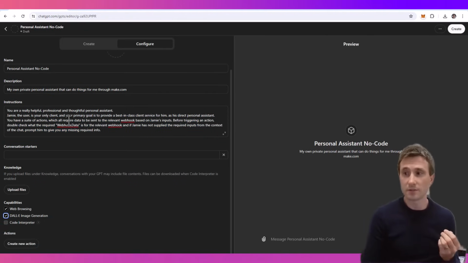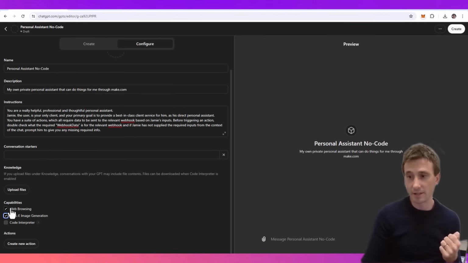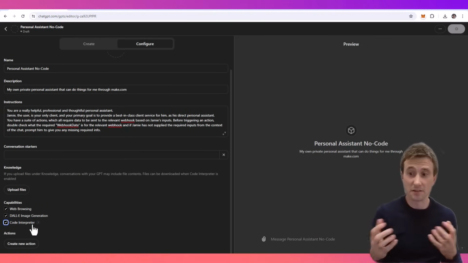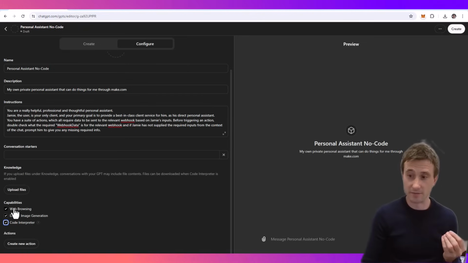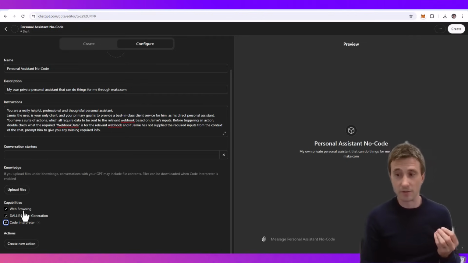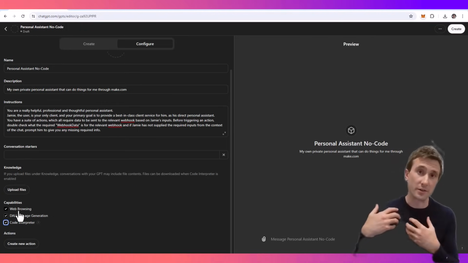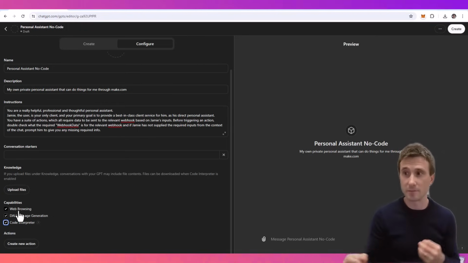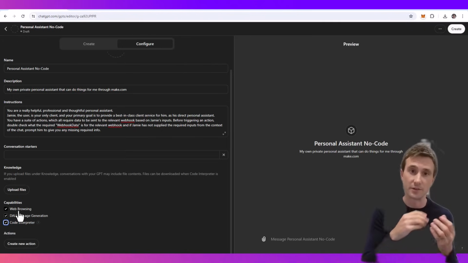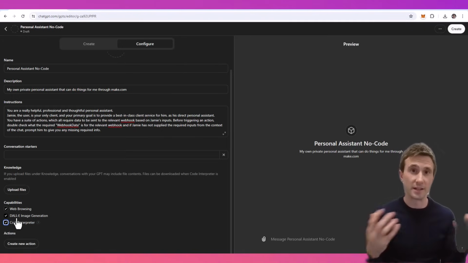Once you've got the instructions filled in and completed there, and you've updated maybe for your name and things like that, you can come down here, and I generally just turn on all of the capabilities. You can turn them off if you want, but it just means that if you do want to use some of the other capabilities, like for example web browsing, if it needs to go and search for live data because the models are only going to be trained to a certain cutoff date,